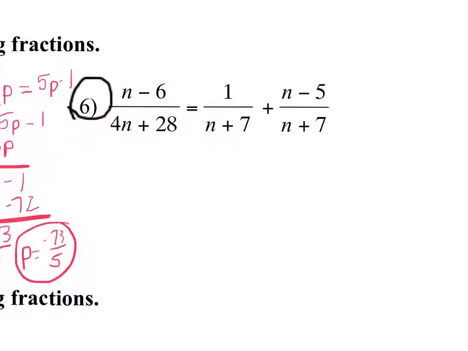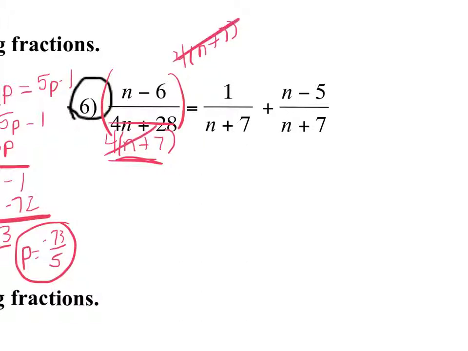Moving over here, again, you're going to want to make sure that you factor the denominator. So this would be 4 parentheses n plus 7. So if we're looking, our common denominator is going to be the 4 times the n plus 7. So if I multiply this one times 4, n plus 7, the denominator cancels out, and we're left with n minus 6. If I multiply this 1 times 4, parentheses n plus 7, the n plus 7's cancel out, and 1 times 4